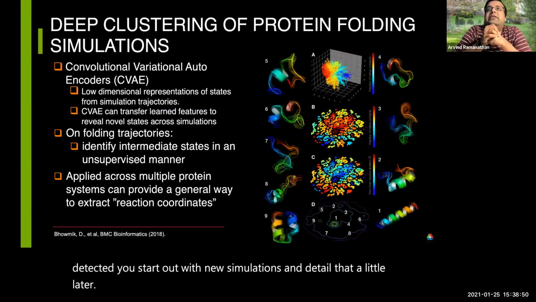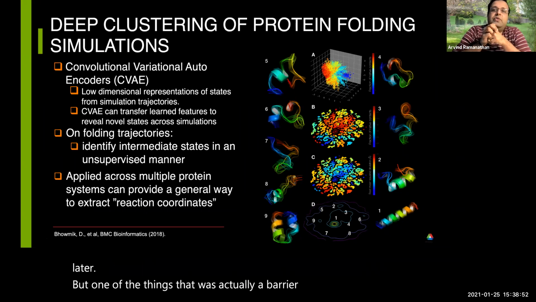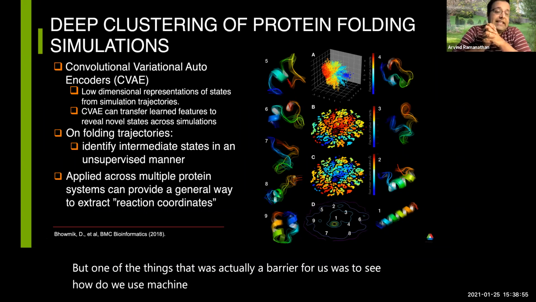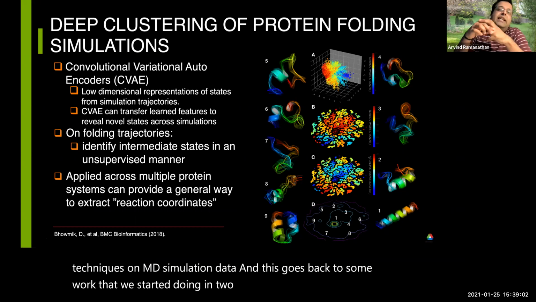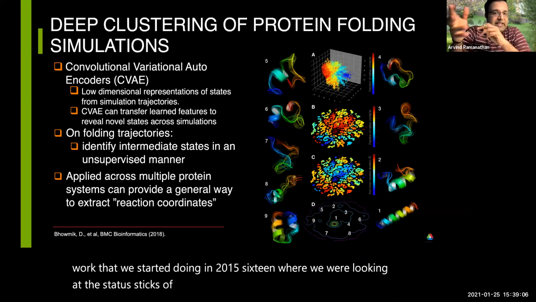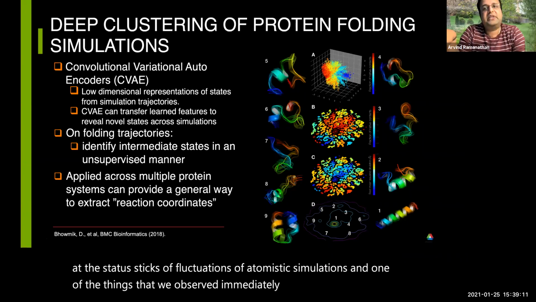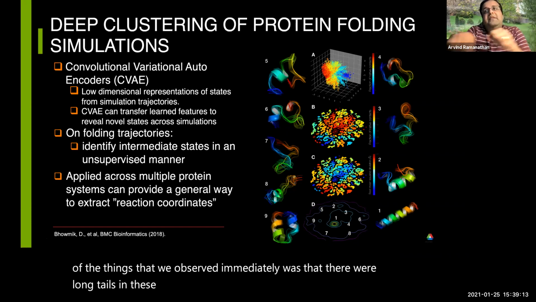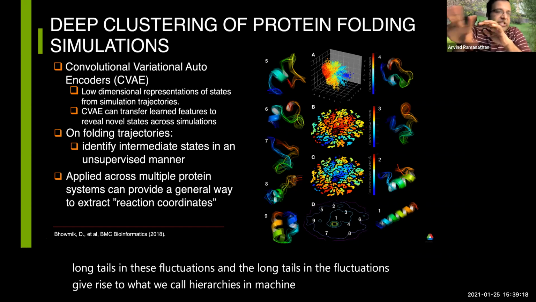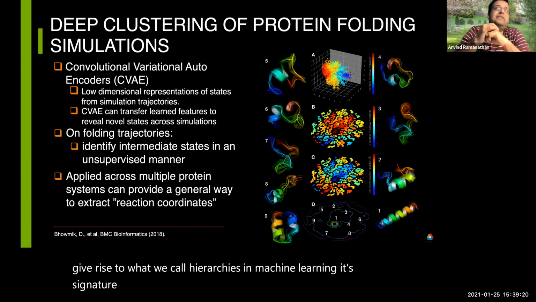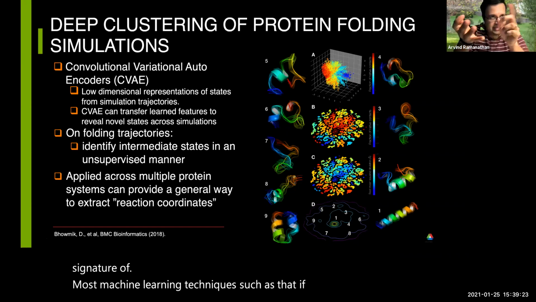But one of the things that was actually a barrier for us was to see how do we use machine learning techniques on MD simulation data. And this goes back to some work that we started doing in 2015 and 16, where we were looking at the statistics of fluctuations of atomistic simulations. And one of the things that we observed immediately was that there were long tails in these fluctuations. And the long tails in the fluctuations give rise to what we call hierarchies in machine learning. It's a signature of most machine learning techniques, which is that if they see long tails,